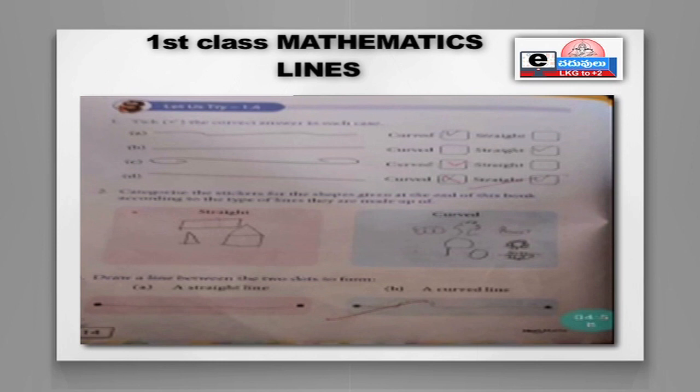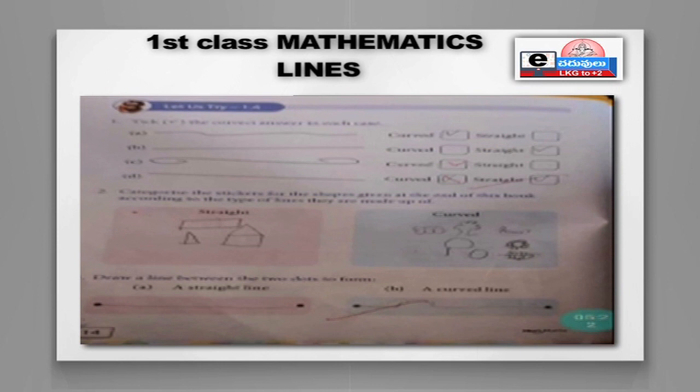Shapes like rectangle, triangle, square. The curved lines make a circle. All those lines. Okay. In the last pages of your book, there are some stickers with the chapter name. Try to find them, take out those stickers and stick them here. Or else, if you don't have them, you can draw with your pencil with the base of straight lines.